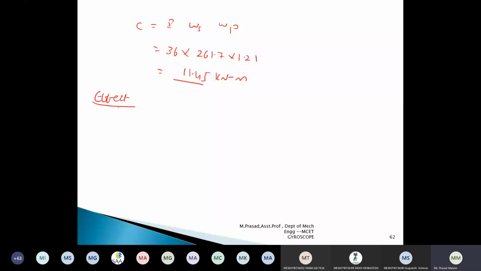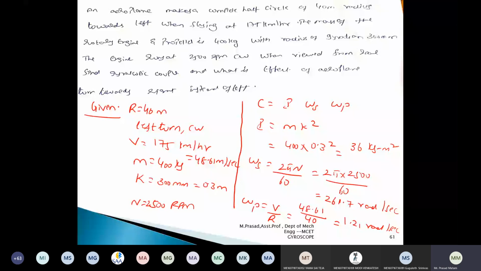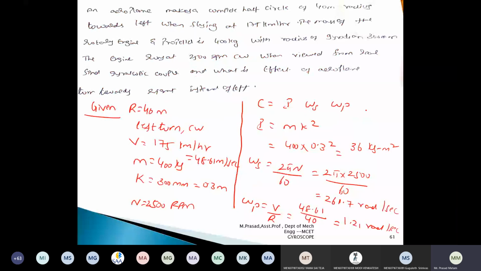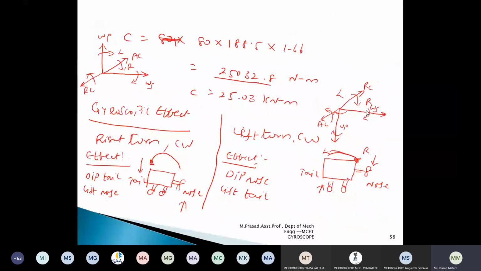Now, our aim is to write the gyroscopic effect here. What is the original condition we are having? The aeroplane is taking a clockwise motion, taking a left turn. Gyroscopic effect for clockwise rotor taking left turn: this is the original condition. But what is being asked is, instead of a left turn, give the condition for the right turn in clockwise motion. Already I have solved the same. Clockwise motion left turn, clockwise motion right turn. You can see here, I have solved this.